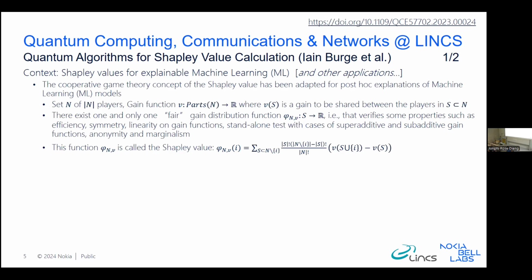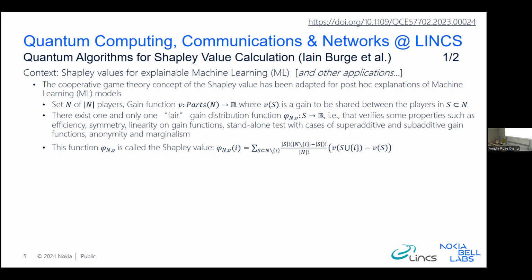So first, what is the Shapley value? The Shapley value is something from cooperative game theory. It is a concept within the theory of cooperative games. As I said, it helps to explain machine learning models, or to be more precise, to find the features that are the most important to get the final results in the machine learning